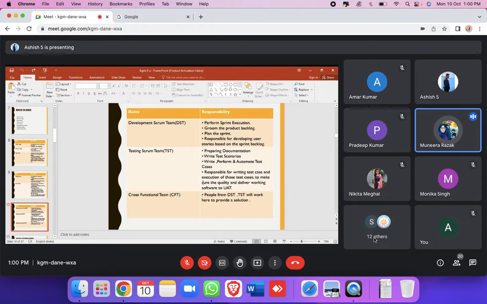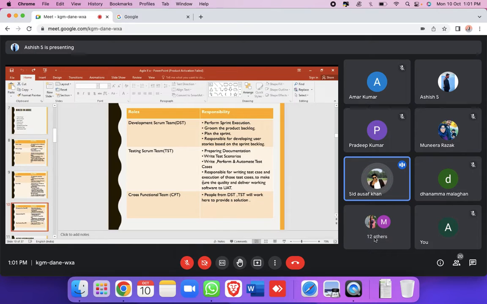Is the Ishikawa method the same? I heard it during the manual class, the fish, backbone fish or something. Fishbone. Fishbone, yes, sir. Kind of. Sir, will alpha testing or buddy testing come under the CFT? No. These are alpha and all.